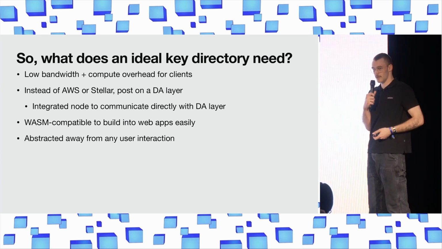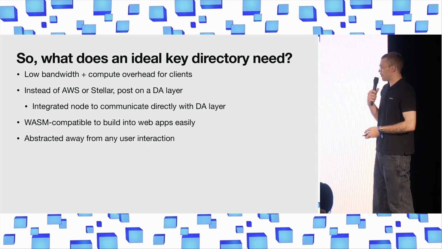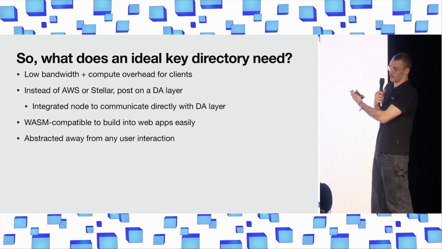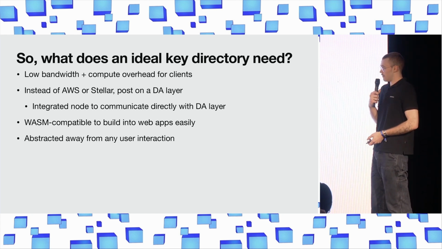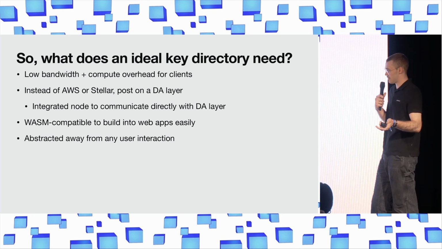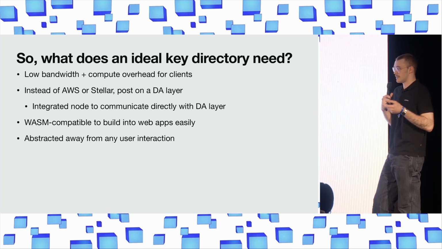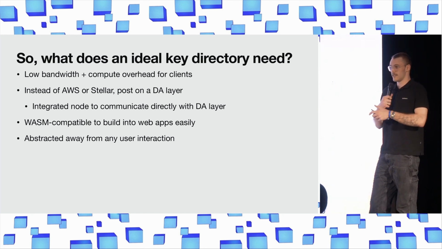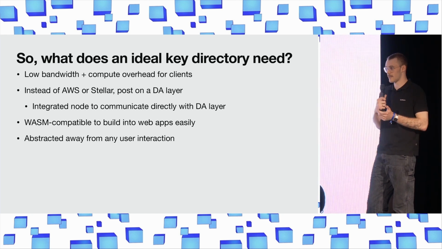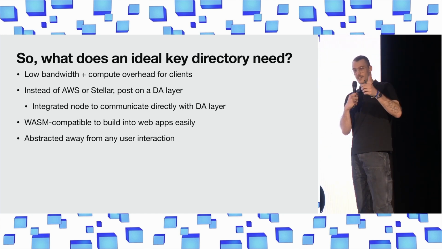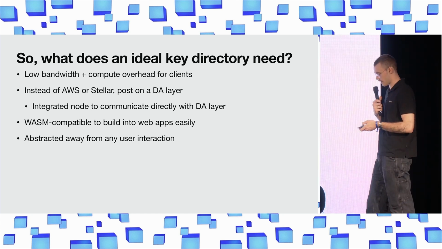This key directory should also be WASM compatible, the client at least, so that you can build it into web apps easily. Everything that needs an identity layer, which is kind of what a key directory is, zoomed out, is mostly web apps. And these chat clients are also all web apps. So it needs to be WASM compatible. And most importantly, it needs to be abstracted away completely from the user. Users should not need to care at all about this. They shouldn't need to do any ceremony. They should just be able to chat with someone and see that their connection is secure, that they're auditing this service provider, like basically just a check mark or a red X if you're not caught up, something like that.